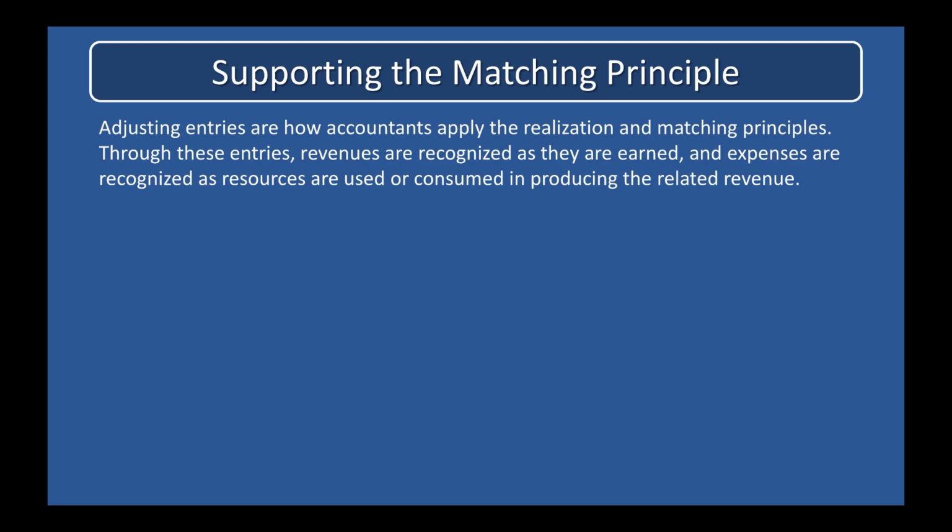In most cases, the realization principle indicates that revenue should be recognized at the time goods are sold or services are rendered. At this point, the business has essentially completed the earning process, and the sales value of the goods or services can be measured objectively. At any time prior to sale, the ultimate sales value of the goods or services sold can only be estimated. After the sale, the only step that remains is to collect from the customer, and this is usually a relatively